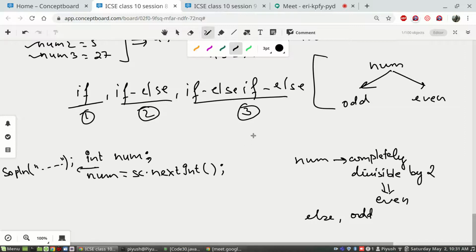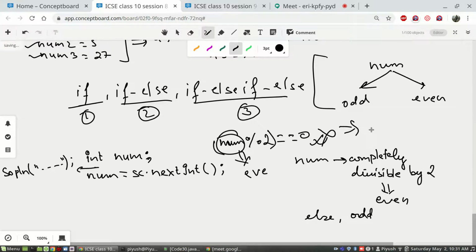So how do you check whether a number is completely divisible by another? Of course, we know of the modulus operator, which checks for the remainder. So if you divide any number by 2 and you get the remainder as 0, we can say that the number will be even. If this is not the case, then the number will be odd.